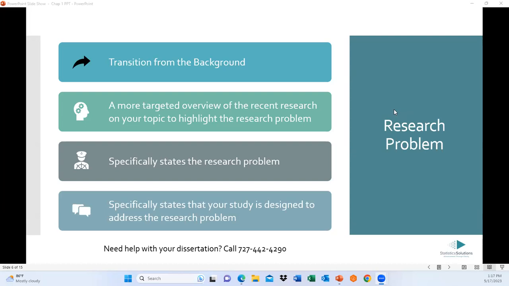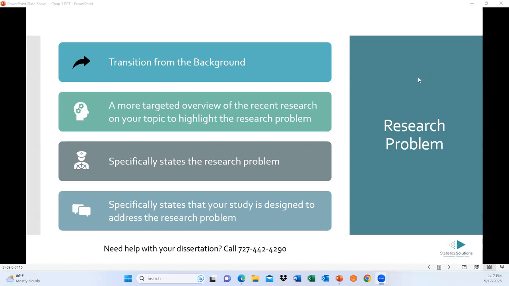Your professor's not going to be happy with you saying, "Hey, there's a gap in the literature on this topic." They're going to say, "Well, how do you know what research has been conducted around it?" And that's what you want to do here: talk about the research that's been conducted close to it, the research on the topic that is especially relevant, but hasn't targeted what you're going to target. So that's what this research problem section is about. Stating what the research problem is, talking about the research that frames it, and highlighting what's still not in the research, and hence the need for your study.